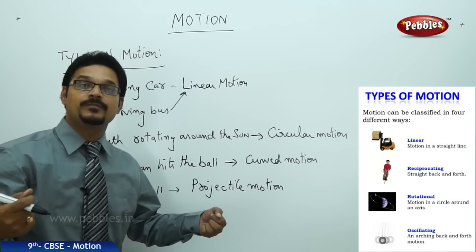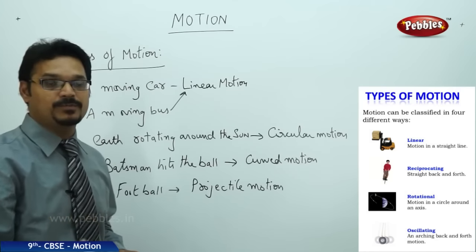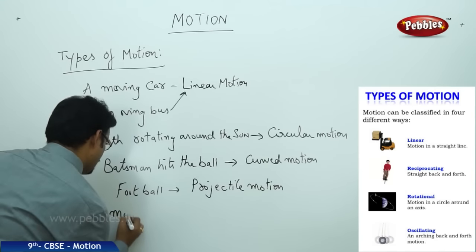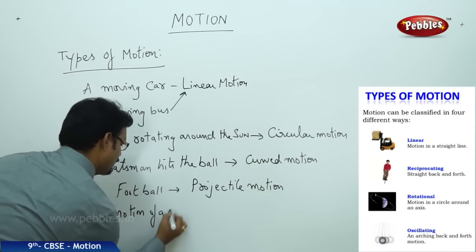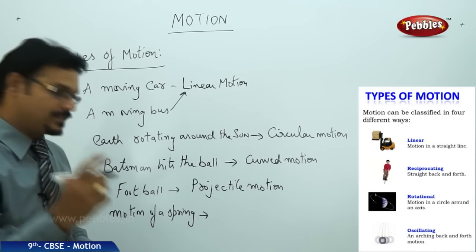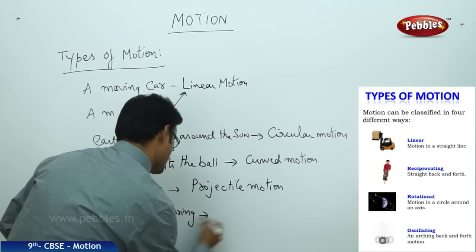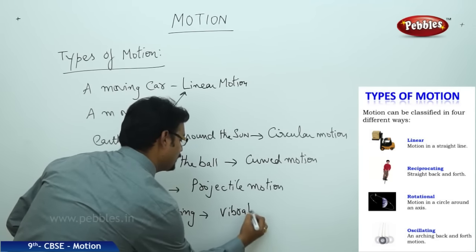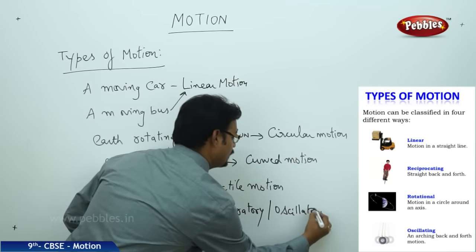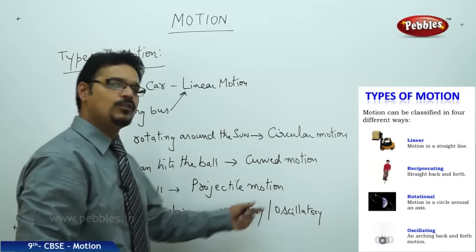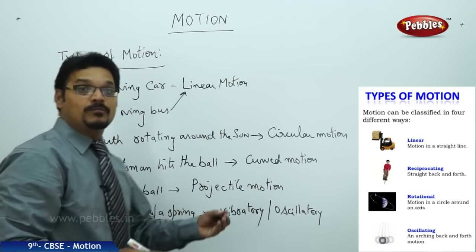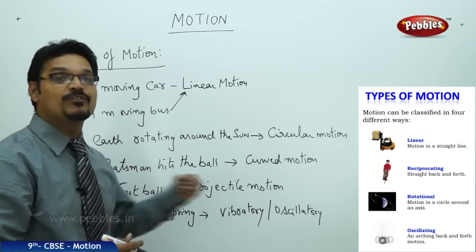A spring is stretched and released. Then what happens to the spring? The spring will move back and forth. Motion of a spring, what type of motion is it? Yes, it is called vibratory, or you can say oscillatory. There is a slight difference between vibratory and oscillatory, but here we don't discuss the difference. Vibratory or oscillatory is nothing but back and forth motion, or to and fro motion, like